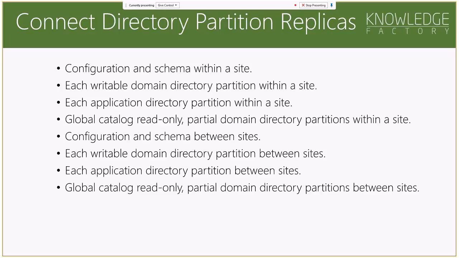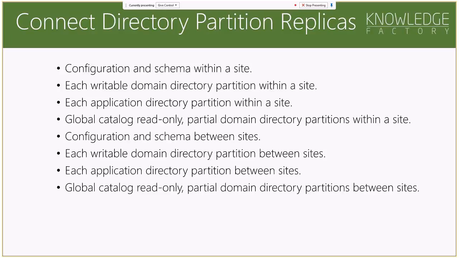So a separate topology is not created for the partial replicas that are stored on global catalog servers. The connections that are needed by a global catalog server to replicate each partial replica of a domain are part of the topology that is created for each domain. The routes for the following directory partition or combinations of directory partitions are aggregated to arrive at the overall topology,